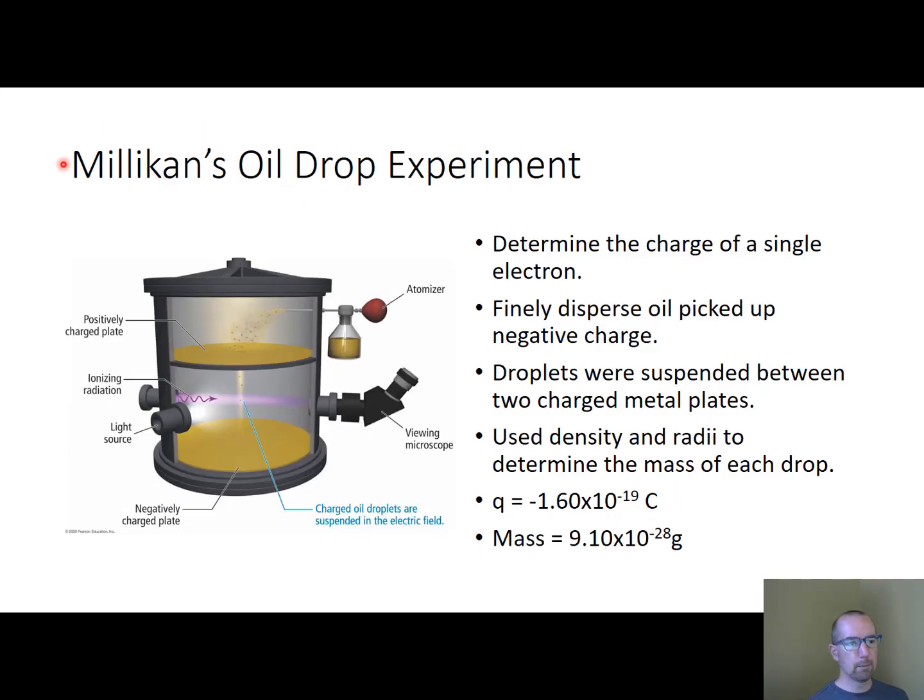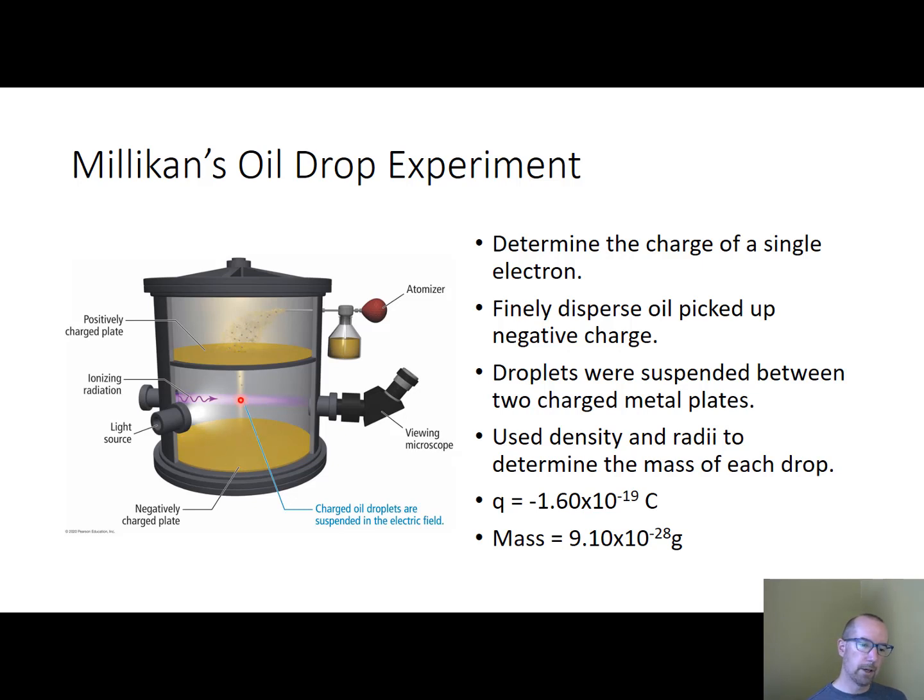Now, another guy, Robert Millikan, working at the University of Chicago, took that information and ran with it. What he did is what's known as the famous oil drop experiment. He was able to determine the charge of a single electron by taking some oil and squirting it into a chamber. There's a small hole at the top of this chamber, and particles of oil would fall through. And here they had an ionizing radiation, so this area was flooded with sort of a negative charge, and these oil droplets would pick up a negative charge. And then there's a plate here and a plate here, and they had different charges. So there's a negative charge in this bottom plate and a positive charge in this top plate.